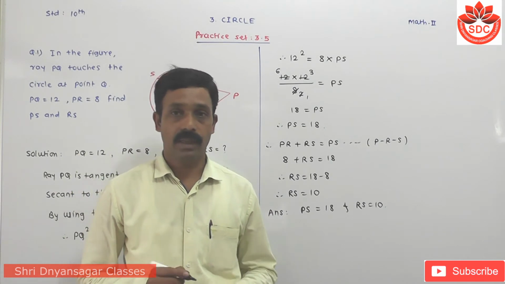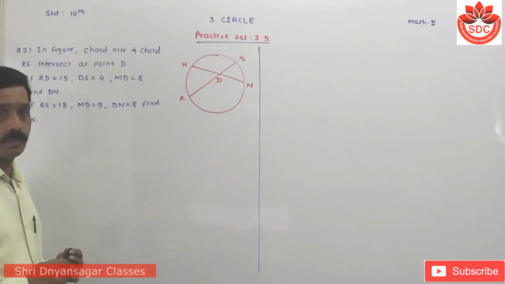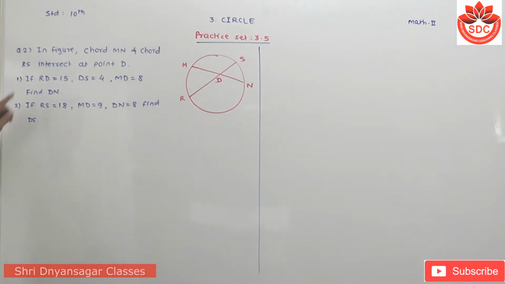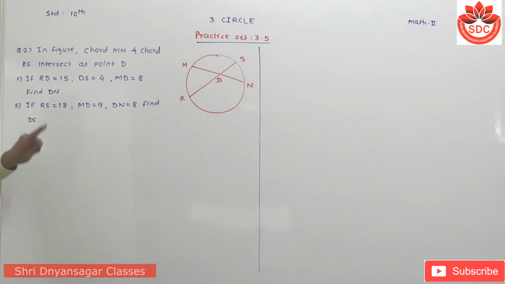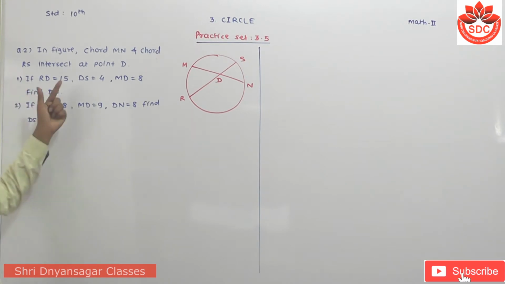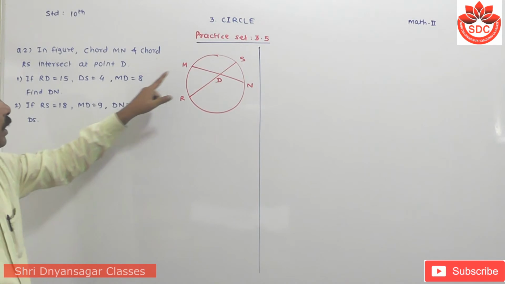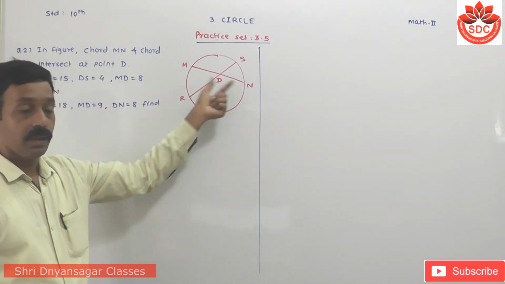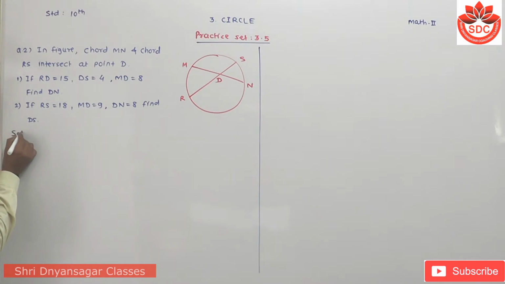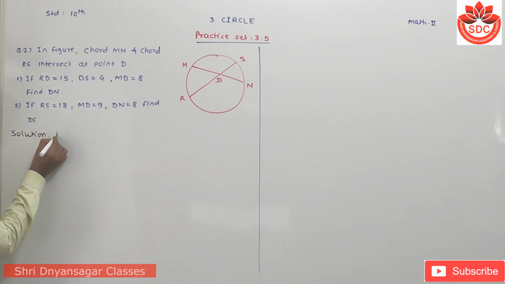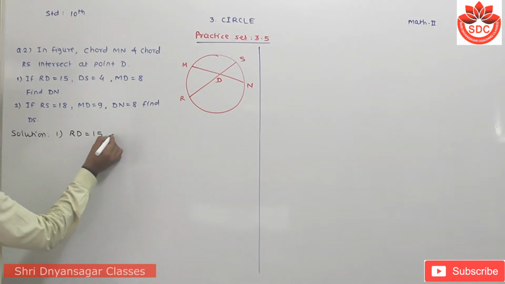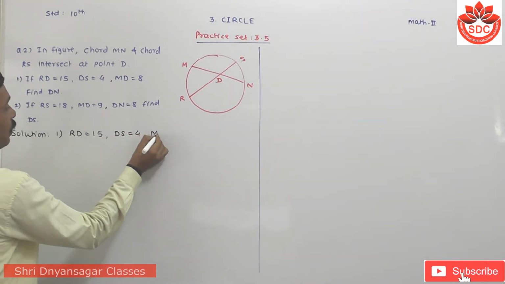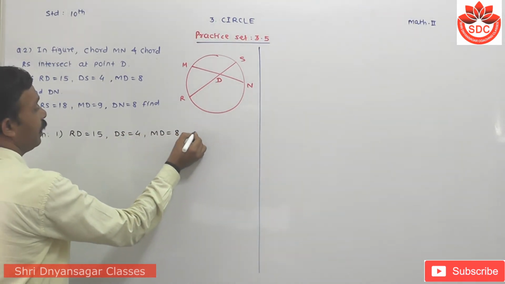Okay, we see the next question, question number 2. In this figure, chord MN and chord RS intersect at point D, inside the circle. The first one is: RD is 15, DS is 4, MD is 8, then you have to find DN. Now students, I will take the solution of the first one directly. This is given: RD is 15, DS is 4, MD is 8, then DN is